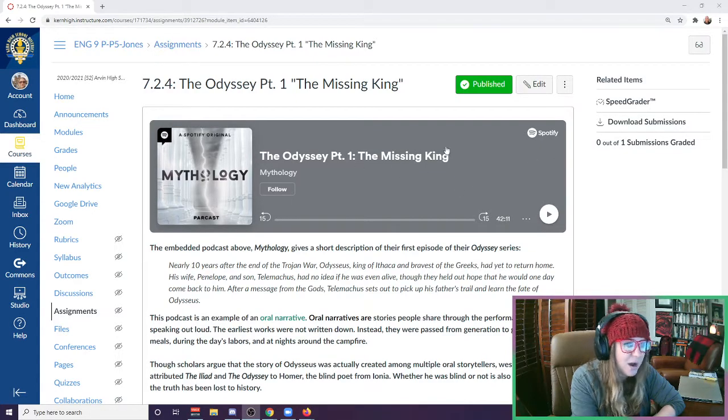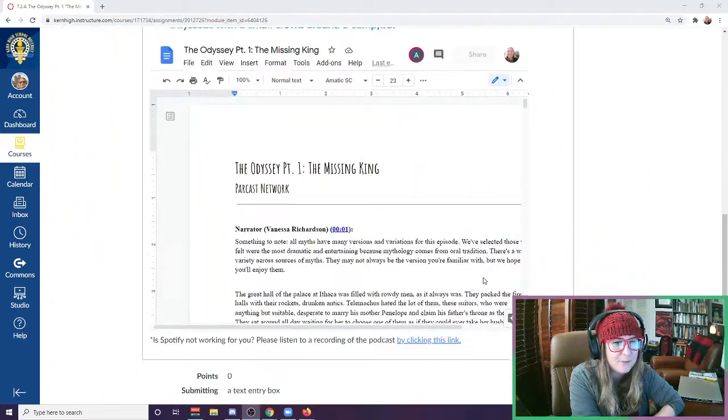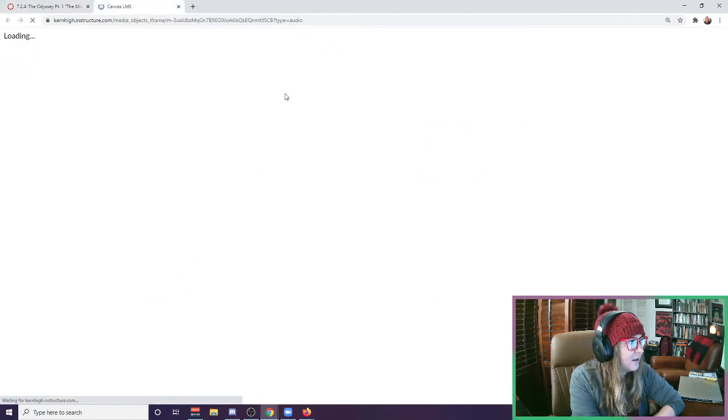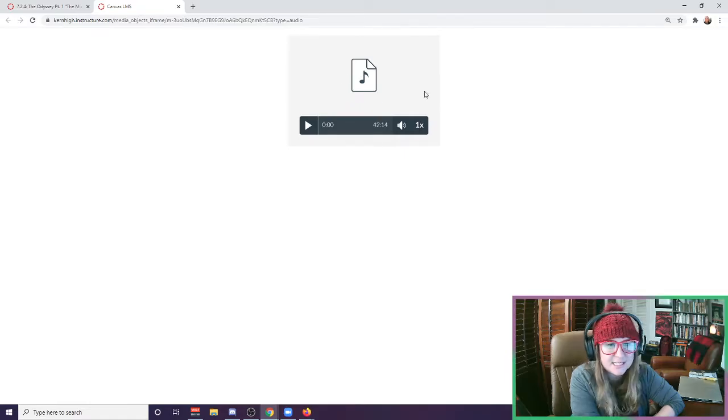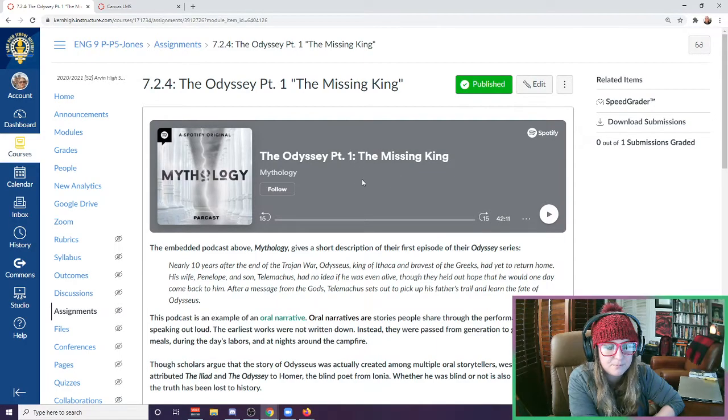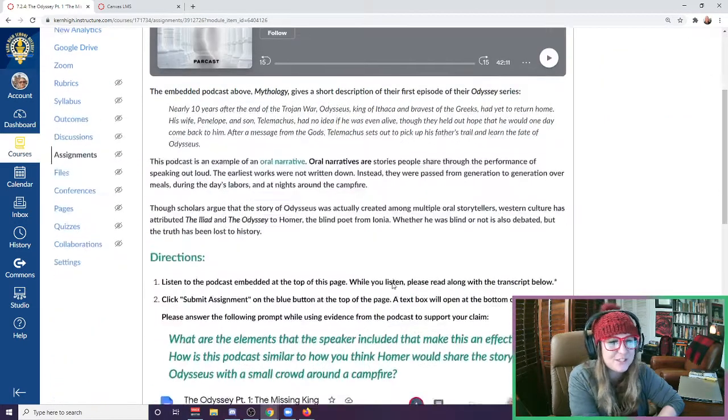But if you find that you can't make it to our Zoom, you can just listen to it by yourself on Spotify. Now, I understand that if you're using a school Chromebook, Spotify might not work for you. So, anticipating that being an issue, I already went ahead, and if you go to the bottom of the page, you'll see that I have a link to my own recording of the podcast itself. And so you can listen to the podcast here as well if Spotify won't let you use this embedded podcast player. Anyways, if this doesn't work for you, just click the link at the bottom of the page.